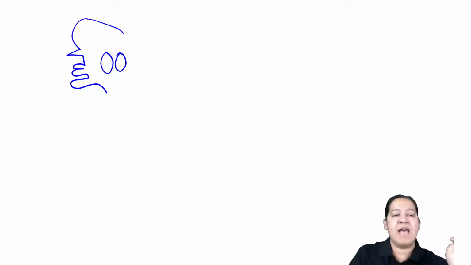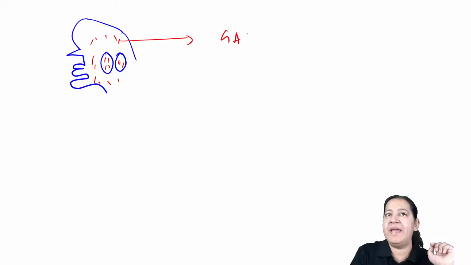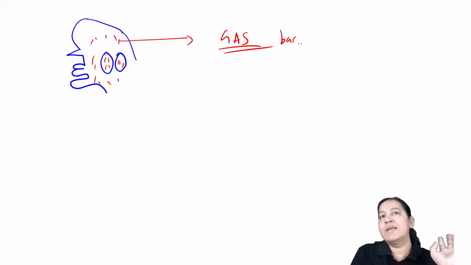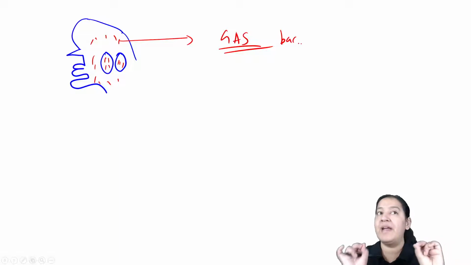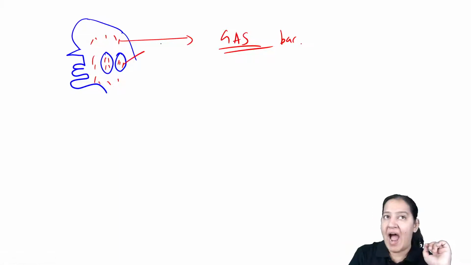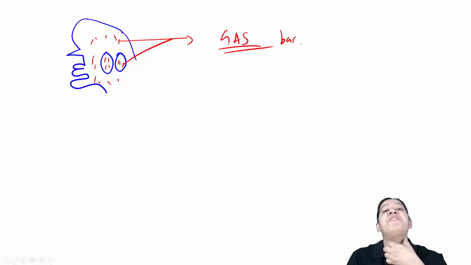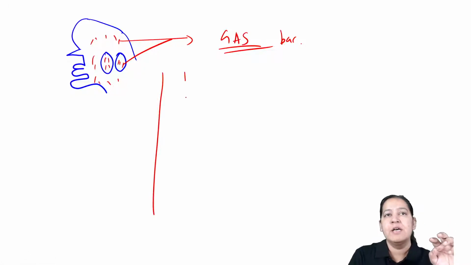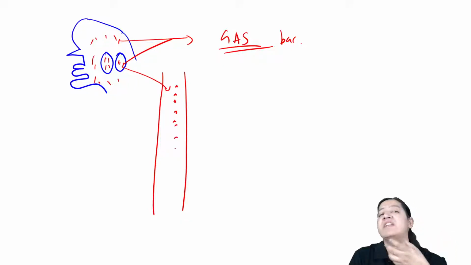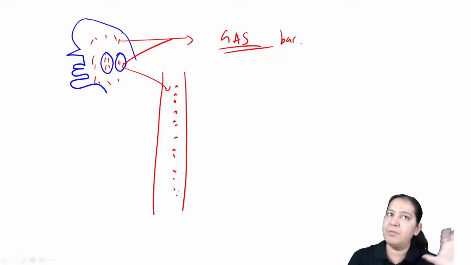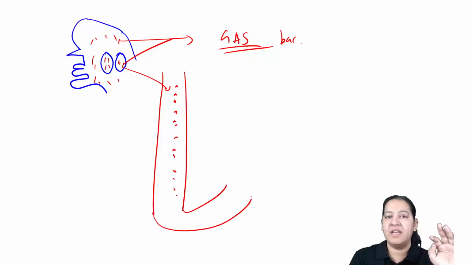This human being is having tonsillitis or pharyngitis by a bacteria, or skin infection by the bacteria. What is the name of this bacteria? The name of the bacteria is group A beta streptococcus. It is known as GAS bacteria. So group A beta streptococcus bacteria is causing either skin infection or pharyngitis in this person. Okay, now this is the blood vessel of this person. So bacteria is going in the blood. After causing the tonsillitis, pharyngitis or skin infection, the bacteria is moving to the blood. From the blood, the bacteria is going to the kidney.